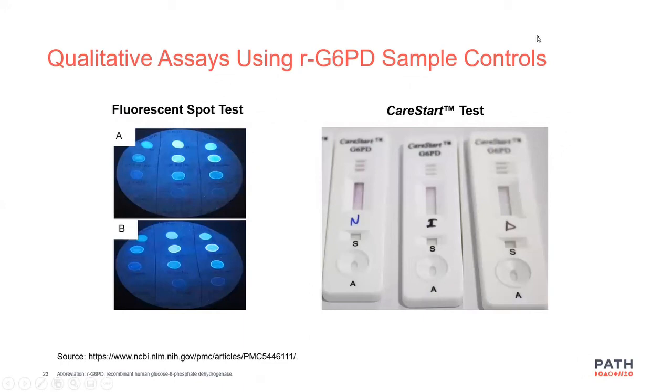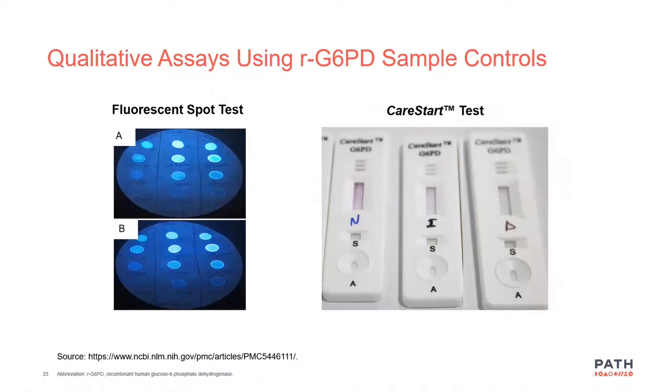Here are the results. So if you look at the right side of the slide, there is the CareStart test for G6PD testing. N is for the normal G6PD control that was used, showing there's a pink result there. The intermediate is the middle test, showing it's less pink. And the third test on the right there with the D is deficient, showing no color at all, showing that there's no G6PD